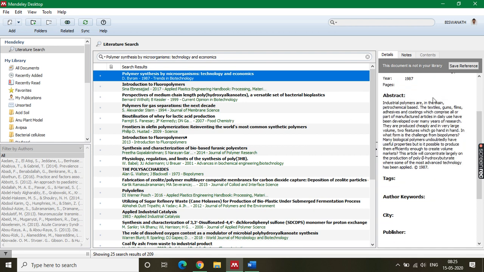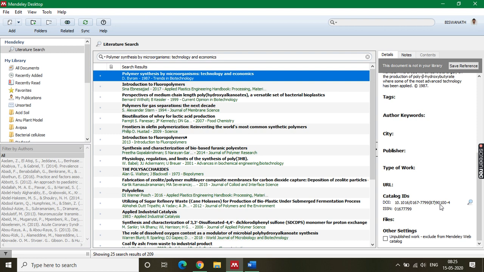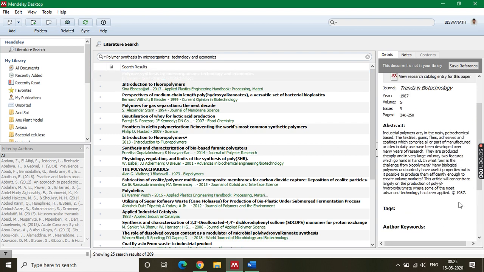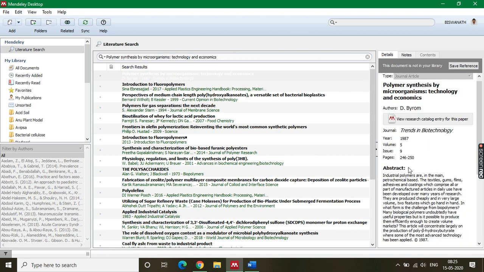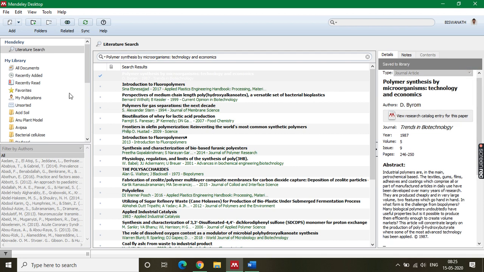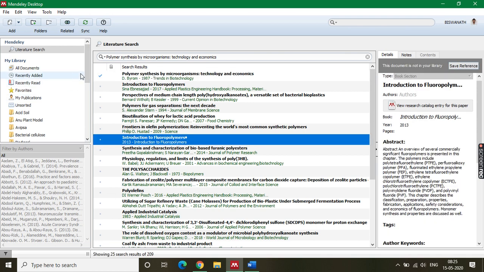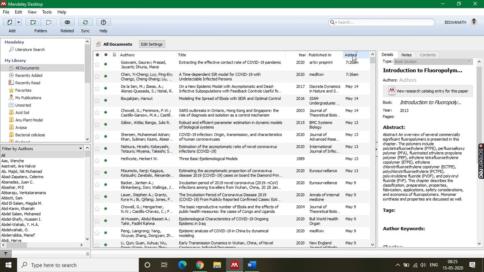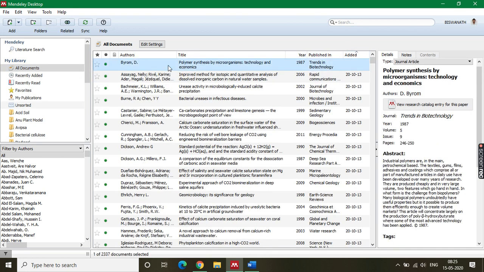Of course page number and all those things are not there, but you have a DOI. If the DOI is correct and I click it, it will take up those page numbers and all those things also. You see it has taken them, and probably it is correct. So if you are sure this is correct, then you can save the reference. This reference is now stored in your desktop app. You can see I just put this reference; it came into All my library, all my references. This paper also came. So this is one way, that is, going through literature search.